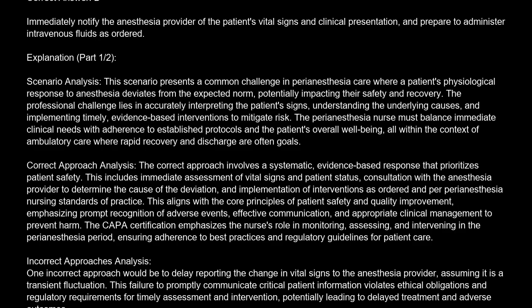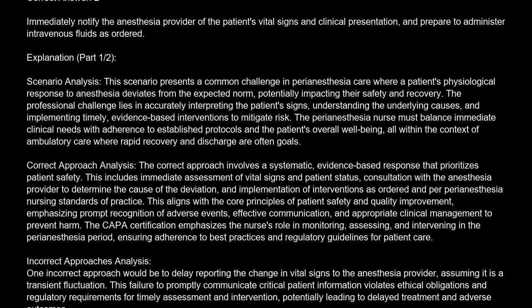The correct answer is D. Immediately notify the anesthesia provider of the patient's vital signs and clinical presentation, and prepare to administer intravenous fluids as ordered. Explanation. Scenario analysis. This scenario presents a common challenge in perianesthesia care, where a patient's physiological response to anesthesia